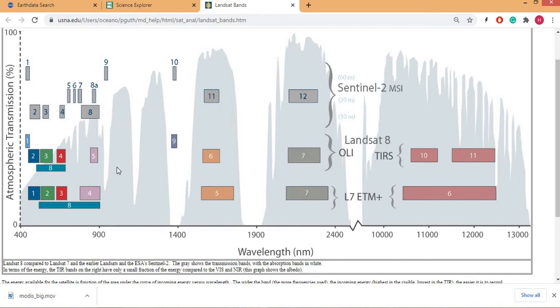These vertical shaded areas represent the transmission areas where we can design our sensors. From 0.4 to almost 1.3, I mean 400 nanometer to 1300 nanometer, we have maximum transmission. We have transmission here, we have absorption here. We have absorption of electromagnetic radiation at this point, but we can design our sensor here.